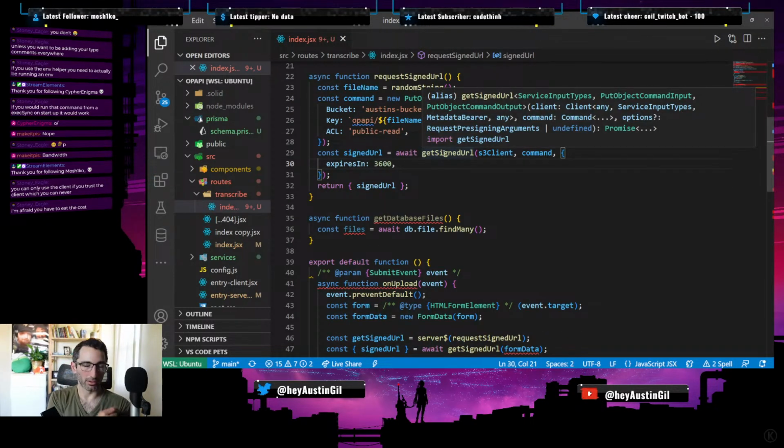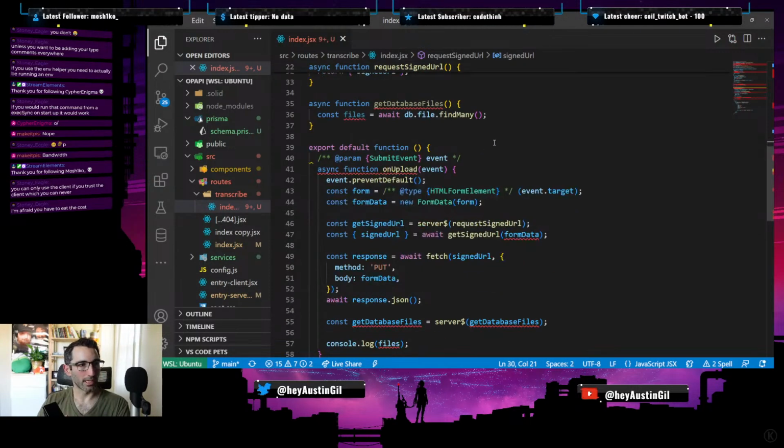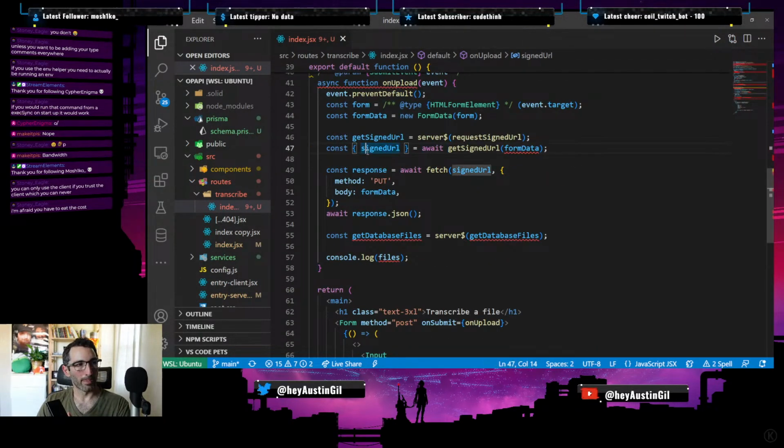Object storage provider comes back, gives me the signed URL, it's all authenticated, whatever. I get that back here. Once I have that back, then I can make,